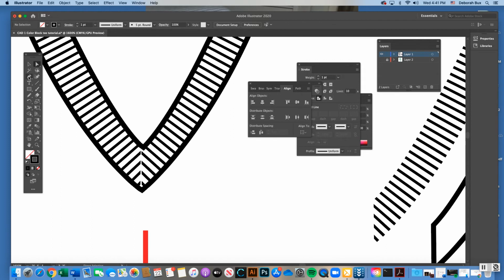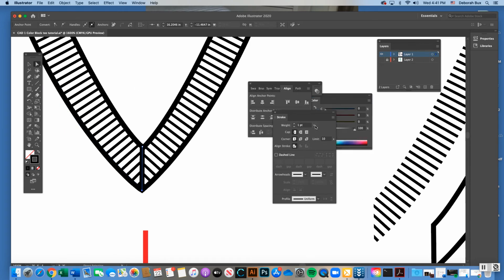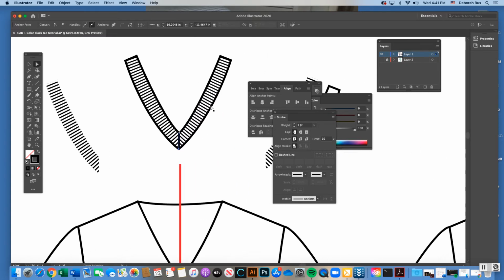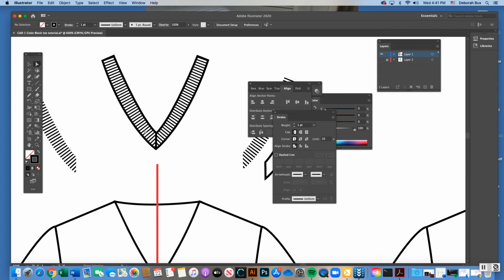So that little gap that you see between the two rib lines. I'm going to take my pen tool, and there's a no fill color and only a stroke color. I'm going to click on 1 point, hold shift, and click down, and it's just going to create with a 1 point stroke line a seam. So basically what happens is the rib collar gets cut and sewn, but these two halves get joined and sewn